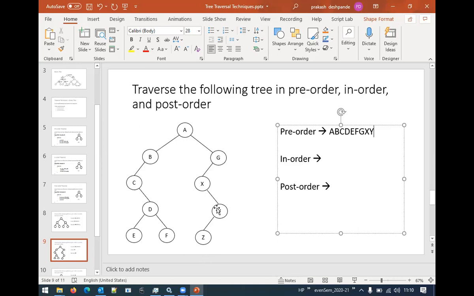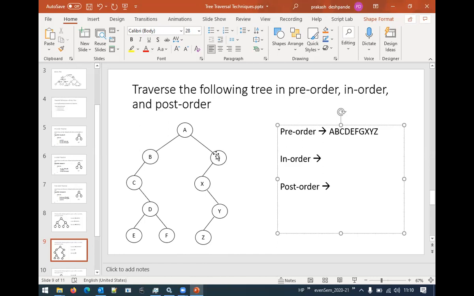After Y is read, I should go to the left of Y. Left of Y, what do I have? Z. Is this Z a root node? No. So, just simply read the Z. Okay. Now, Z is done, that which is left of Y. Is there anything on the right of Y? No. Means these two are entirely done. These two are what? Right of X. Correct? So the right part of X is taken care of.